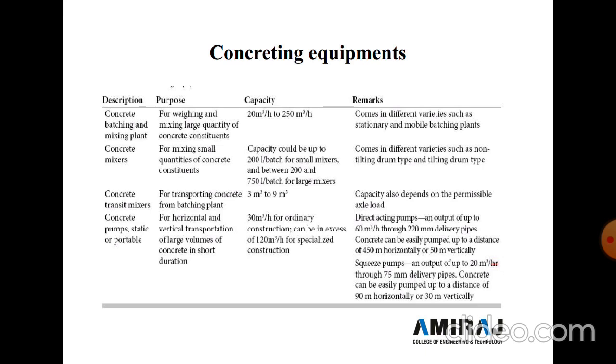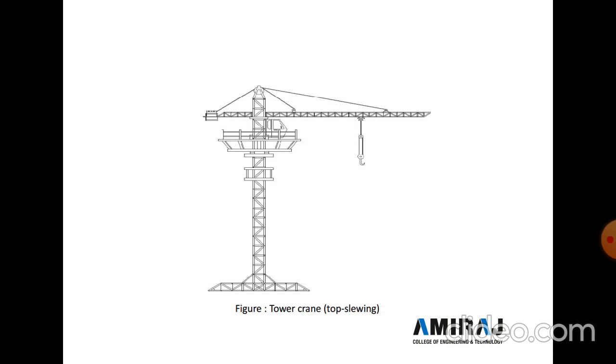So it's for transporting the concrete from the batching plant. So its capacity is 3 meter cube to 9 meter cube, and concrete pumps, static or portable. So for horizontal and vertical transportation of large volumes of concrete in a short duration, and its output can be achieved at 120 meter cube per hour, specialized construction industry. So here different